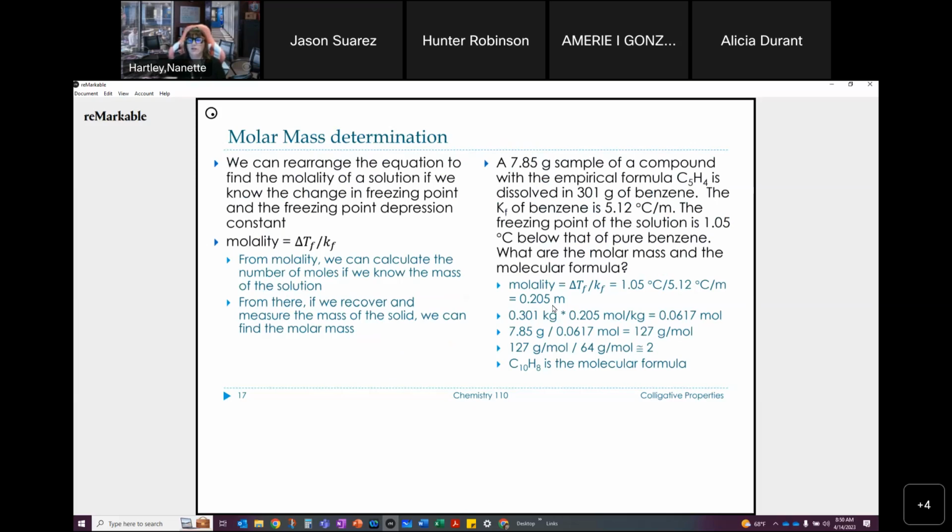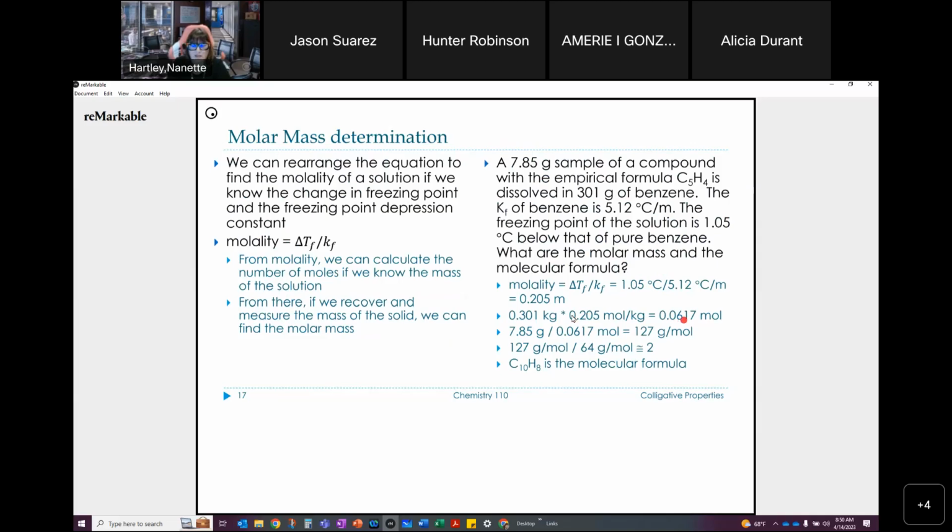Okay, so I know that molality is equal to the change in temperature over the KF. My change in temperature was the 1.05 degrees C. My KF is 5.12. So that tells me that the molality is 0.205. I know that I have 301 grams of benzene, so I convert that to kilograms, and then I can multiply that by the 0.205 moles per kilogram, and that gives me 0.0617 moles that I